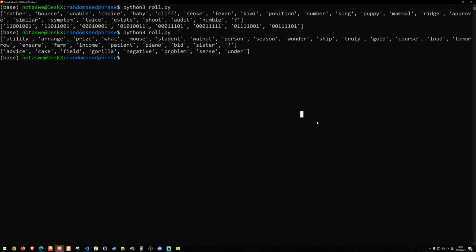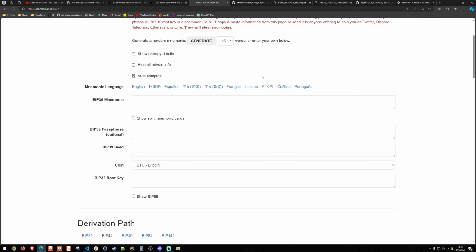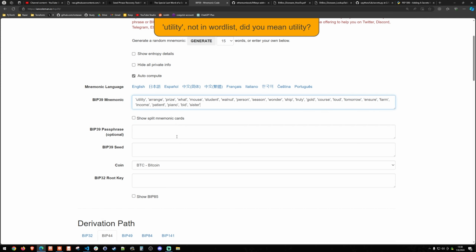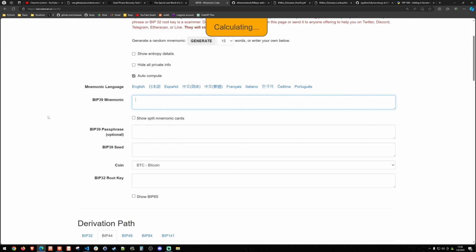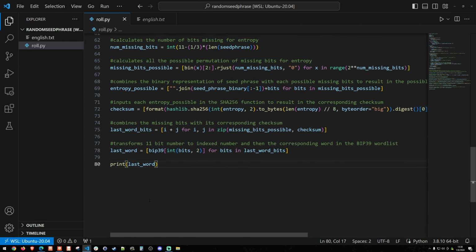So, just to show you what this looks like, I can take this right here and put it, well, what I should do is print this out as a string, right? Because if I paste this into that website here, if I paste it in like a Python list, it's going to break. It's just not going to work. Utility not in word list, you mean utility. Yeah, exactly. So what I need to do is go back and print this in a more elegant way